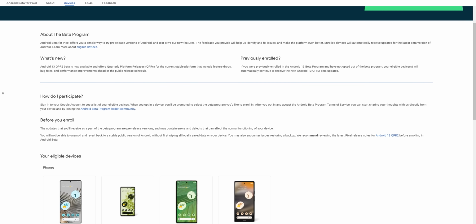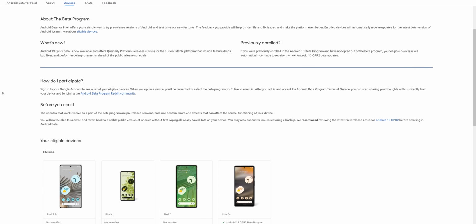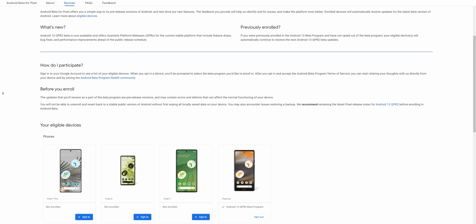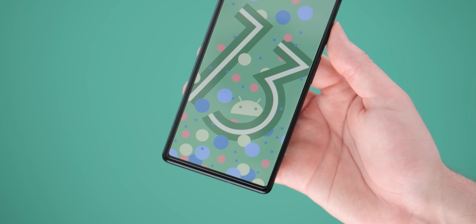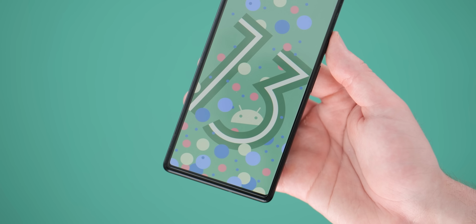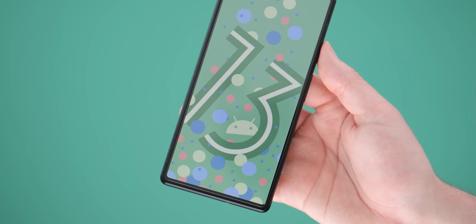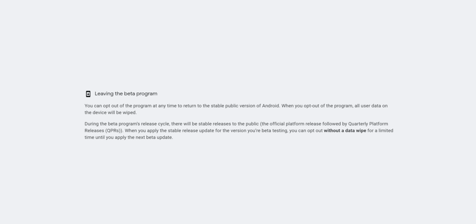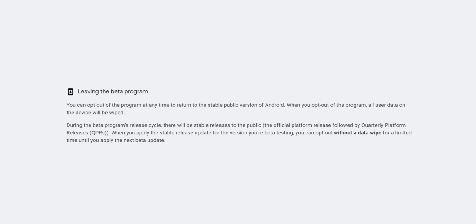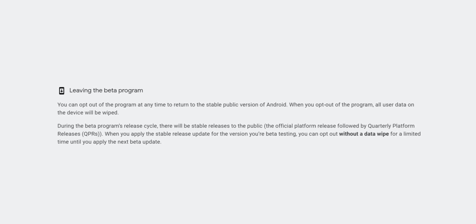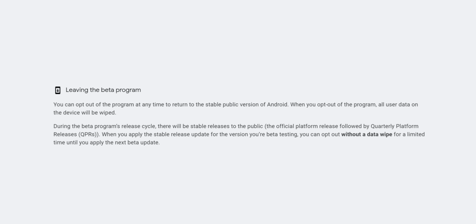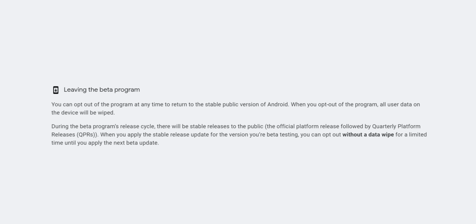Last year, Pixel owners were able to opt in for whatever public preview they preferred, the more stable QPR channel or the Android 13 beta. It wouldn't be a stretch to assume Google will adopt a similar stance with the Android 14 beta, considering that the QPR betas are still concurrently running. You can only switch though from one channel to the other if the existing build is newer than the one pre-installed upon your device. If not, enrolling could actually wipe your device before installing that new update.